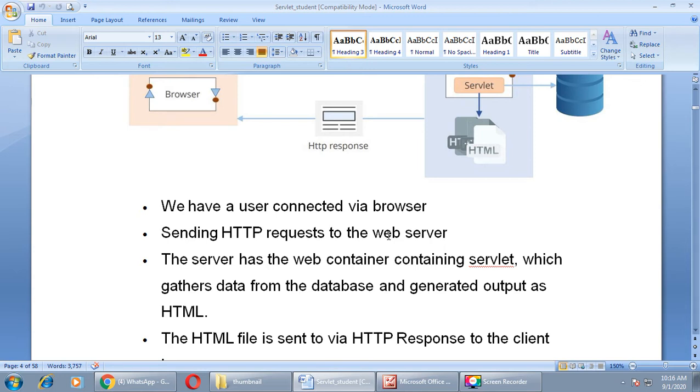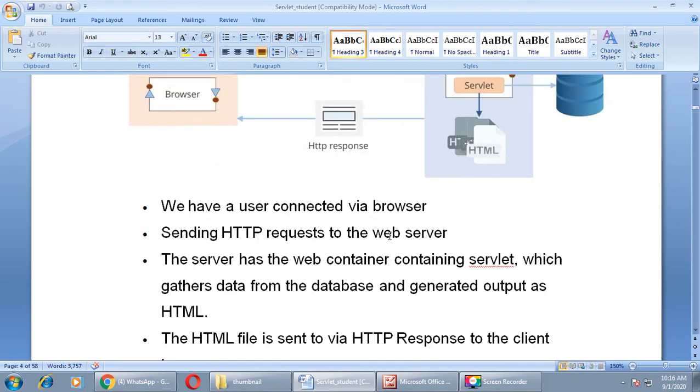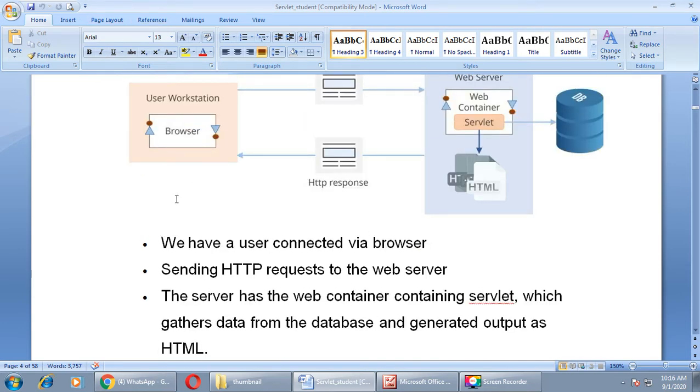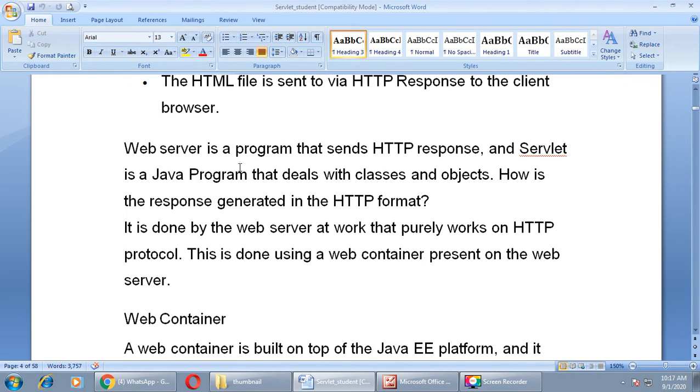The HTML files are sent back via HTTP response to the client browser, right? So we can see the result on the browser, or we can say that we can see the output on the user workstation.